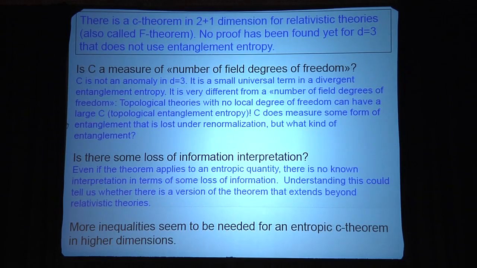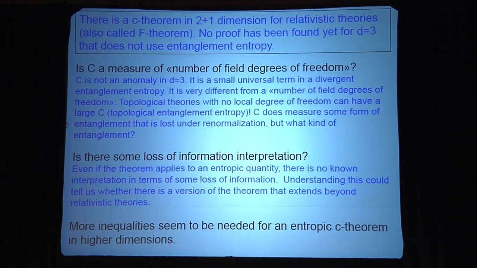In topological theories, there is a contribution by the topological entanglement entropy to this C quantity. So even if there are no local degrees of freedom, this C quantity has some value that can be very large. So C does measure some form of entanglement, but as it's a small piece on a large entanglement, we don't really know what kind of entanglement it is. And my last comment is that